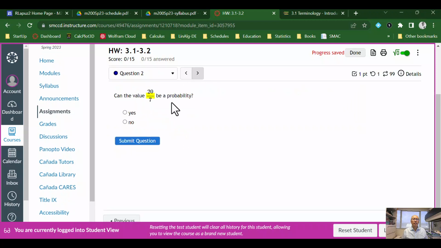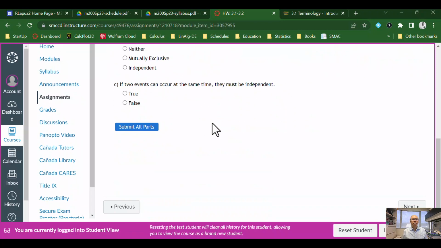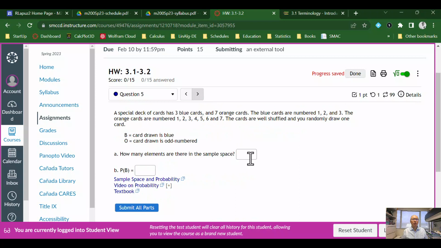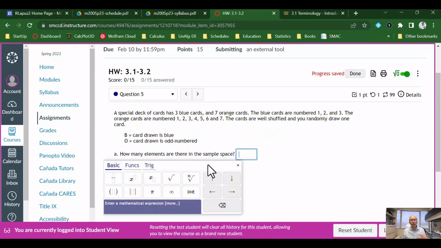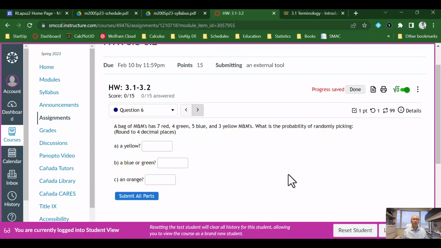here are the questions. A lot of the questions, well, some of the questions will be multiple choice, and some of them will have multiple parts, but there's going to be other questions where you actually have to type in a numerical answer or a formula. So just be aware of those types of questions when you're doing these particular assignments. Okay. Also keep in mind that when they want you to round off, be specific about rounding off to things like 4 decimal places, so that they won't mark you off if you round off too soon.